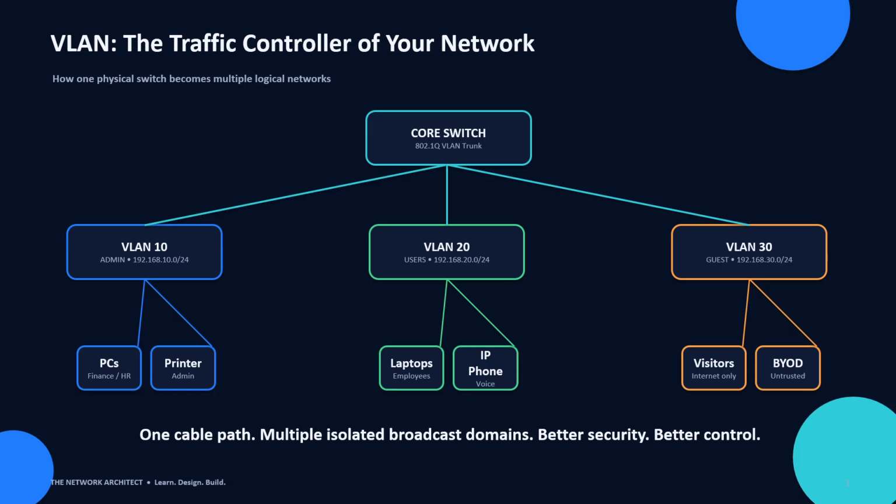We can create VLAN 20 for users with a network such as 192.168.20.0/24, and VLAN 30 for guests with a network such as 192.168.30.0/24. The most important point is that we are using the same physical network infrastructure, but we have created a